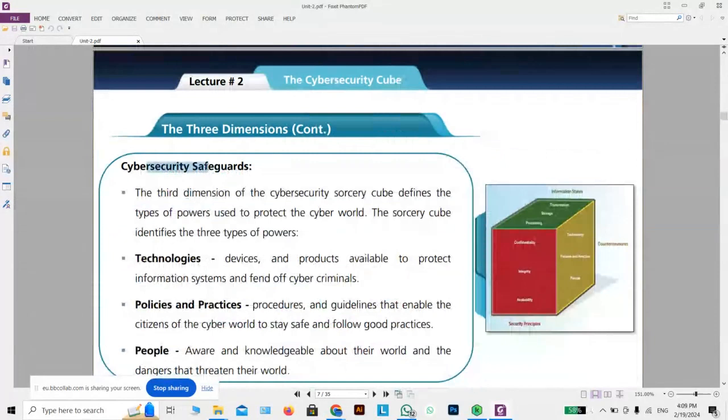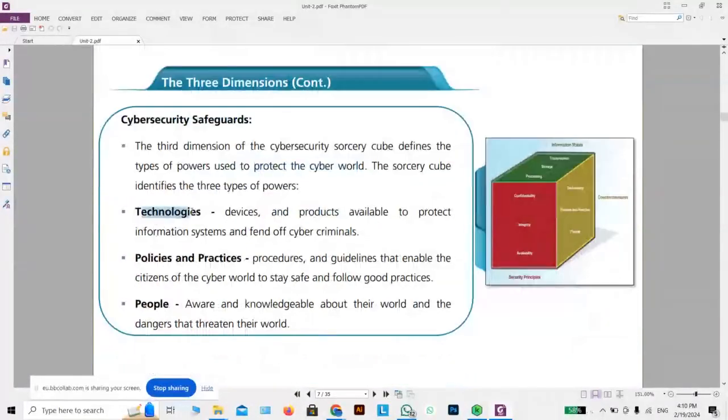This is the third dimension, in which we get to know how to protect and safeguard the cybersecurity world. We secure the cybersecurity world using technologies, policies and practices, and people. If it is technologies, we can use some kind of firewalls. The firewalls might be hardware or software. We can also use antivirus software to protect an information system